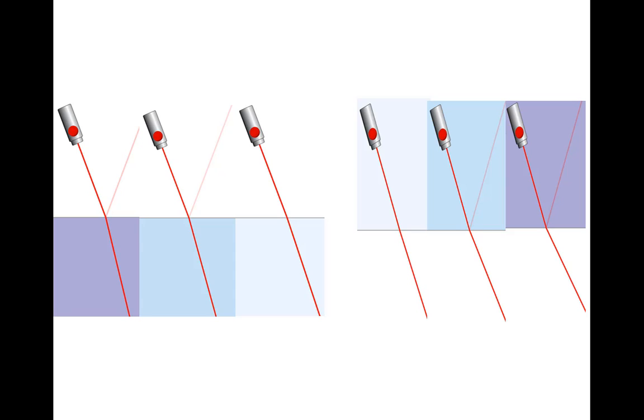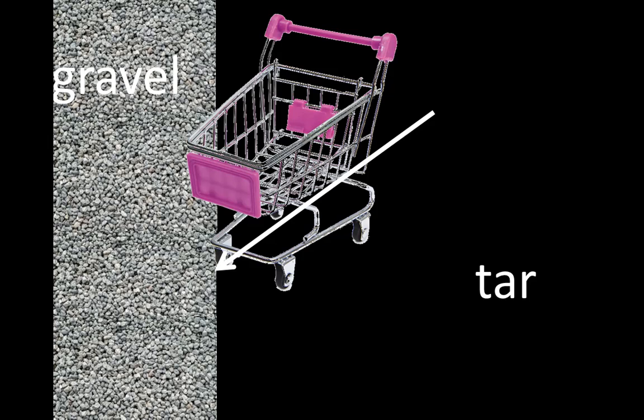So what is the general finding? How can we summarize both of these two findings in one statement? The thing that determines how much bending happens is the difference between the two media. The greater the difference between the incident and the refracting medium, the more bending happens. It doesn't matter whether it's the incident or the refracting medium that is the more optically dense. The trend is still the same, that the greater the difference in optical density between the media, the greater the refraction that happens. To help us to understand this, let us think about this trolley moving between media at an